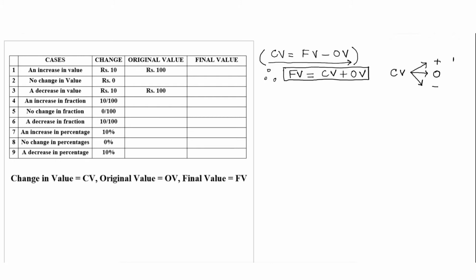Synonymously, you can use some symbols like this, which is an arrow upward for increase. Zero can be written as such, and a downward arrow for decrease. These are some synonymous representations that you could use for various changes. Please make a note of these changes. There cannot be a fourth change here. There will always be three changes only, which is why you would see them when we are talking about these